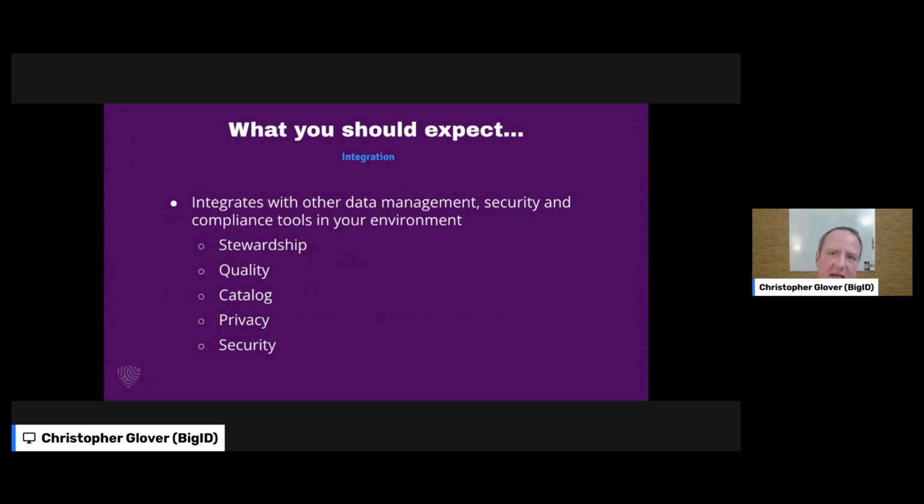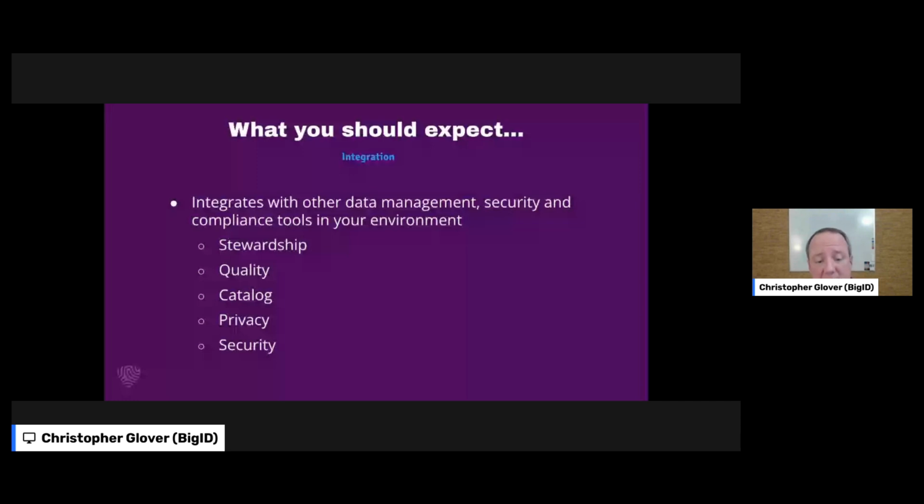Quality is another piece of this. And I would say the quality of the data along the lineage pipeline is going to be important. It should plug into your catalog. Another one of the capabilities of the CDMC is cataloging. It's 2.1. And your lineage should plug into your catalog as well. So if you have a catalog of all the data and all the objects in your environment, you should be able to look at that object and instantly be able to see what the lineage of that object is. So look for a way to integrate your lineage into your catalog, or look for tools that do that.